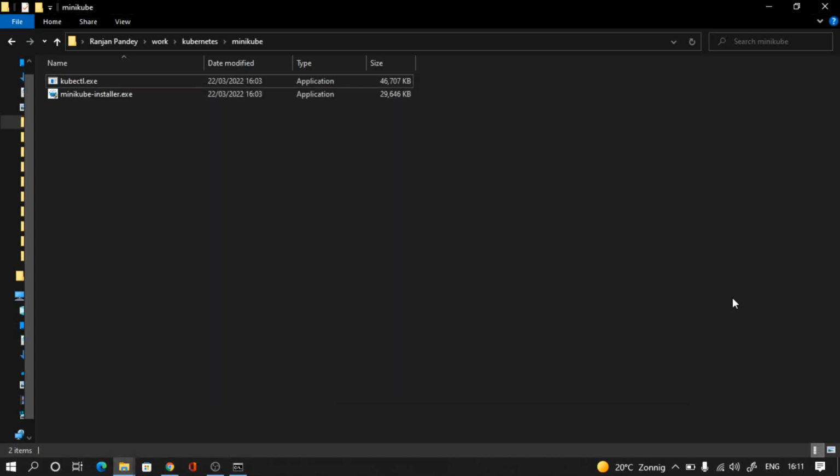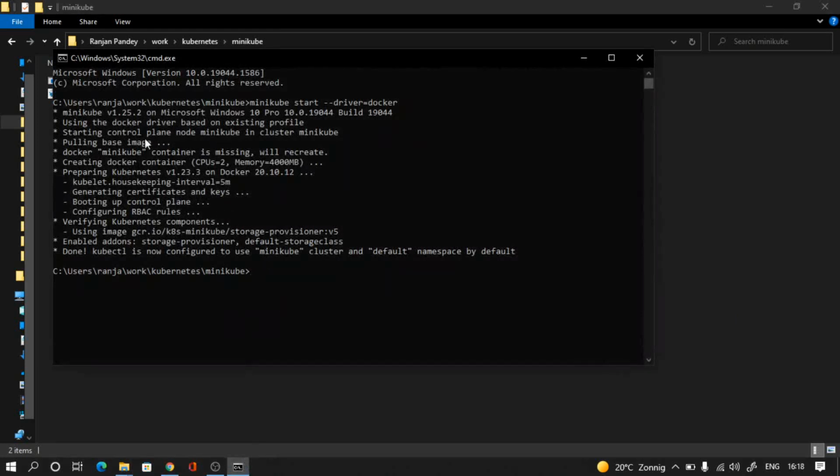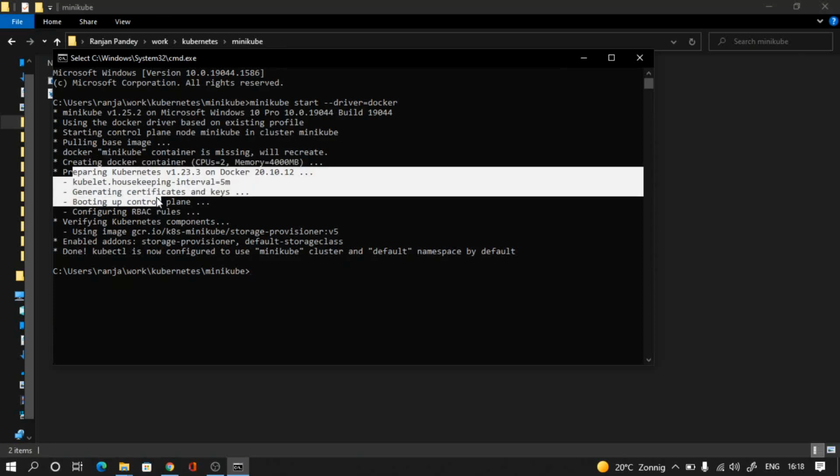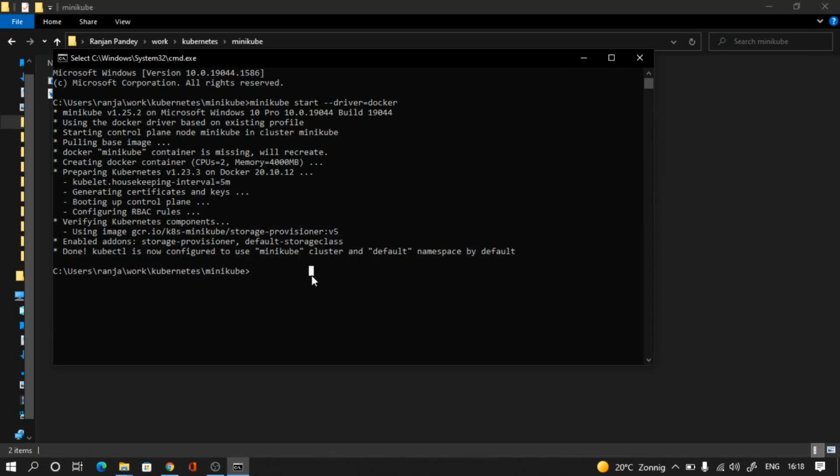Welcome. Now let's check. So we had started the Minikube cluster, and you see it took some time, but it did create a container and then it created a cluster for us. So how do we know whether the cluster has been created successfully or not? First of all, we'll check the Minikube status, whether it's running or not. So type minikube status